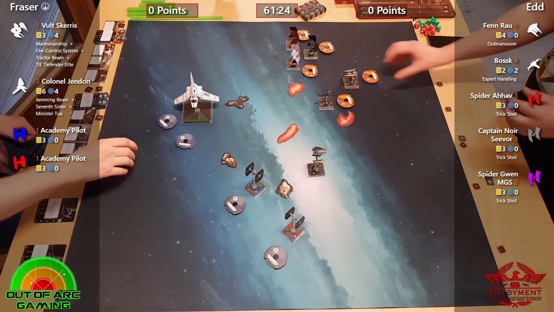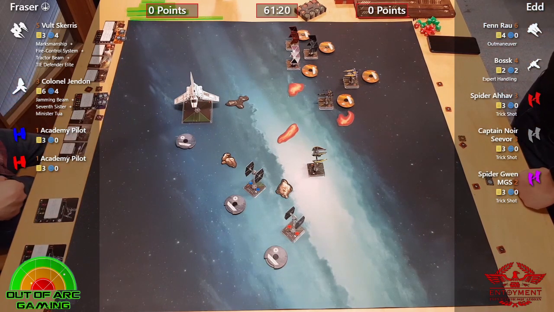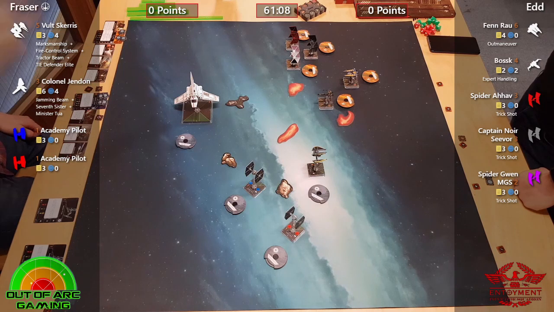So that is quite nice for them. But again, they only have 2 shots unless they've actually managed to activate Trick Shot. So having that weight of fire is going to be good. Although one thing I do find quite interesting is given their position at the moment at the top of the